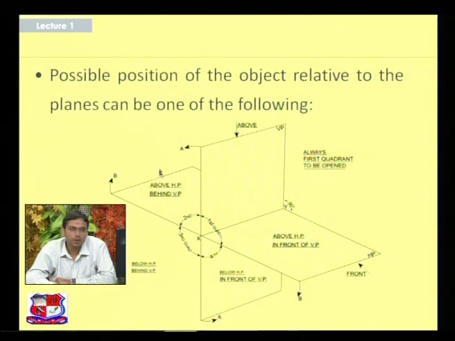Now in the second quadrant, when the object is kept anywhere in the second quadrant, the position of the object is above the horizontal plane, and the object is behind the vertical plane. So the object which is kept in the second quadrant is said to be above the horizontal plane and behind the vertical plane. Now we will see